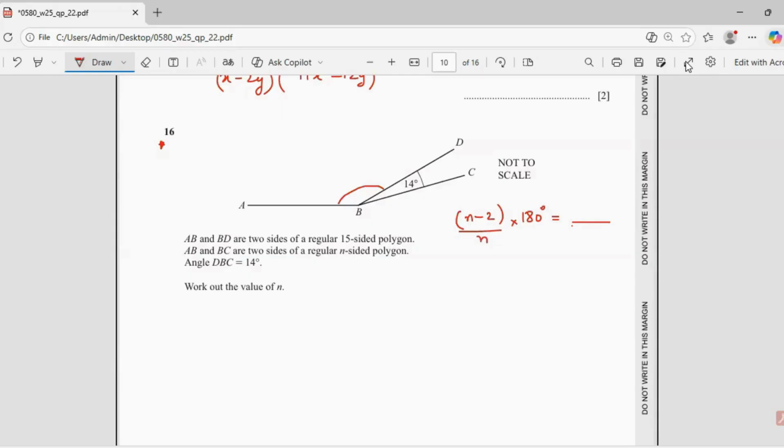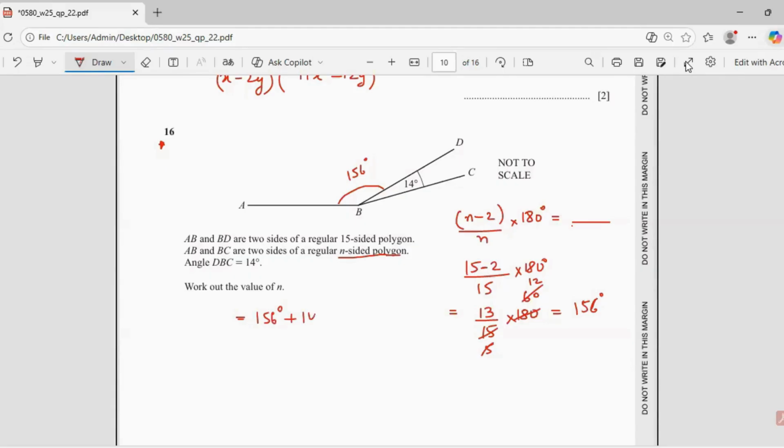Now, n is 15 here. 15 minus 2 upon 15 into 180 degrees, which is equal to 13 upon 15 into 180 degrees. This is 5, and this is 60, this is 12. So 13 into 12 gives you 156 degrees. This is 156 degrees. So that means the regular n-sided polygon has an interior angle of